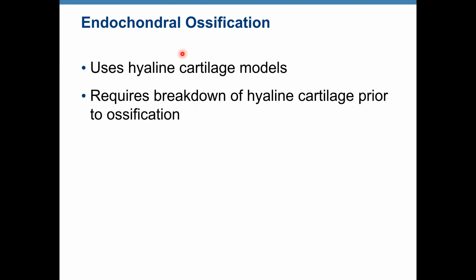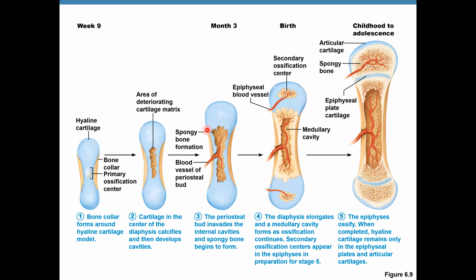Endochondral ossification uses a hyaline cartilage model, and it requires breakdown of hyaline cartilage prior to ossification. So first a model made of cartilage is formed, then the cells of this cartilage die and are replaced by bone cells. Here we have several stages, and you can see that we start with the cartilaginous model, right? And then